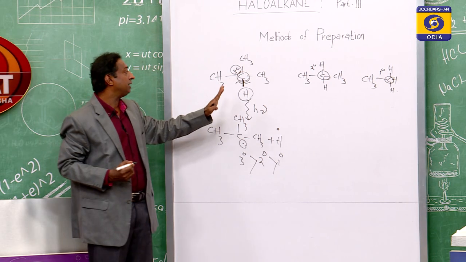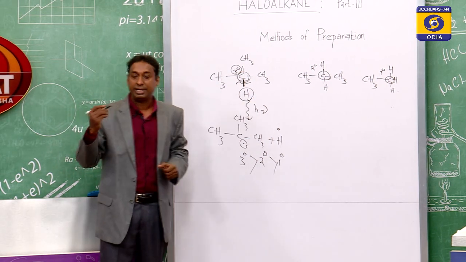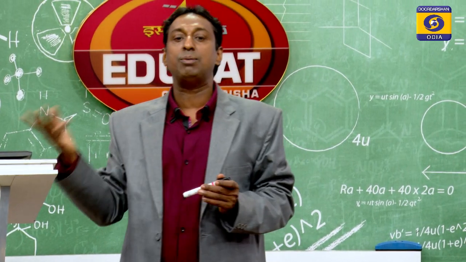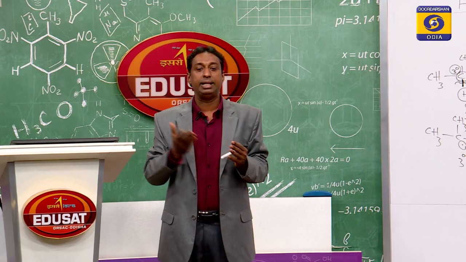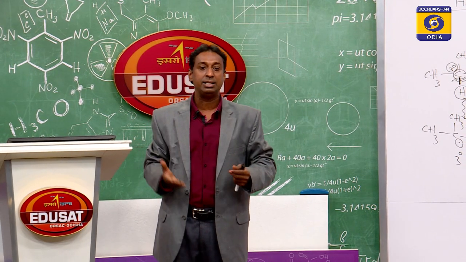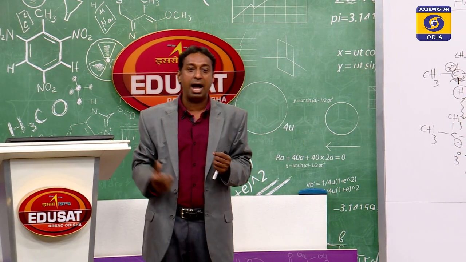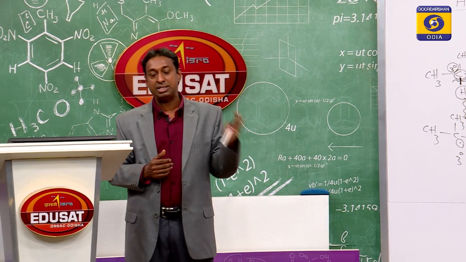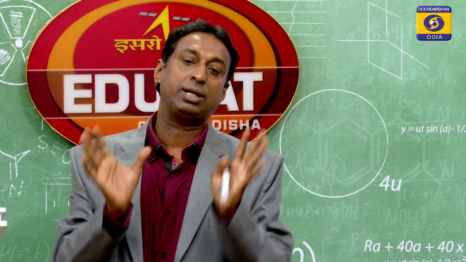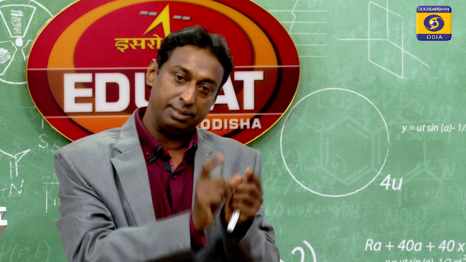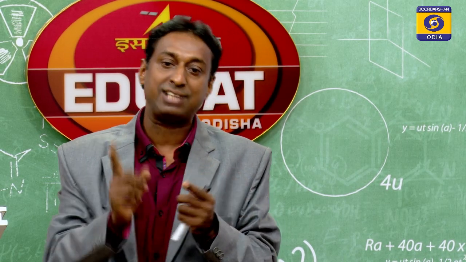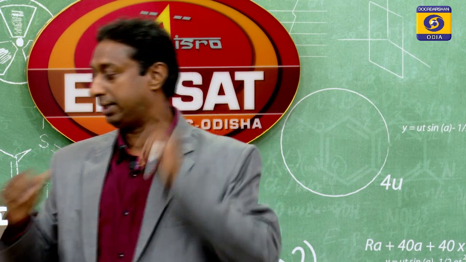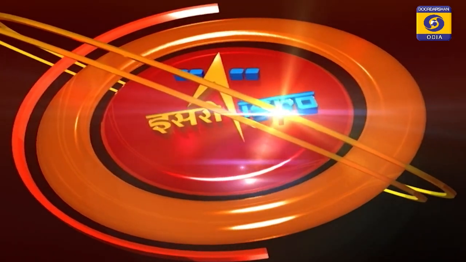So, depending on the reactivity, you can see on the screen the reactivity order written: the abstraction of hydrogen is in the order 3-degree hydrogen, then 2-degree hydrogen, then 1-degree hydrogen, vinyl and aryl at the last. And one more thing you see: if benzyl and allyl molecules are there, then the abstraction of hydrogen from that molecule is easier as compared to 3-degree, 2-degree or 1-degree. We will see that in the next case.